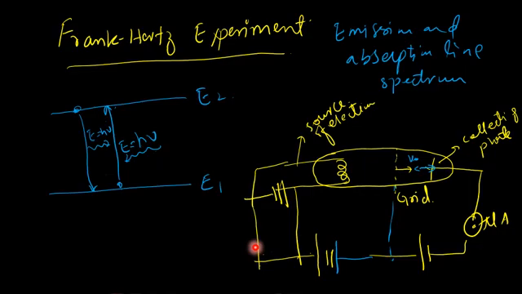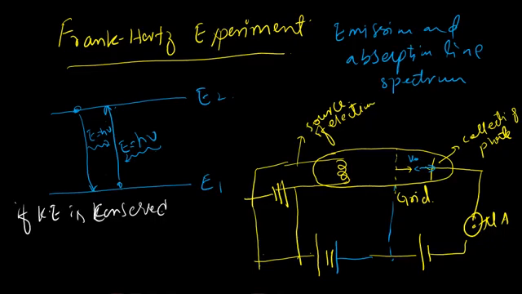As the accelerating voltage is increased, more electrons will arrive at the plate. As a result, the current rises. It will rise if the kinetic energy is conserved. If kinetic energy is conserved, then what happens? If the kinetic energy of the electron is conserved, then